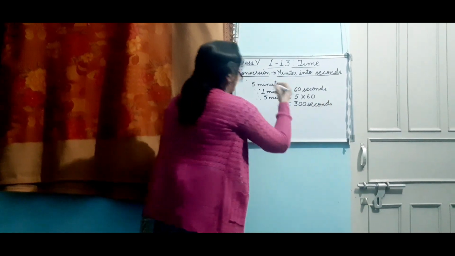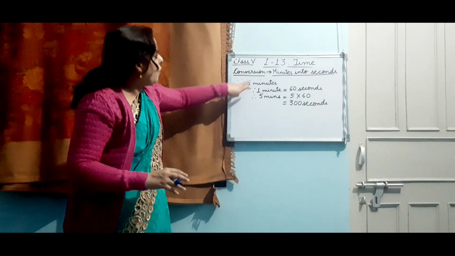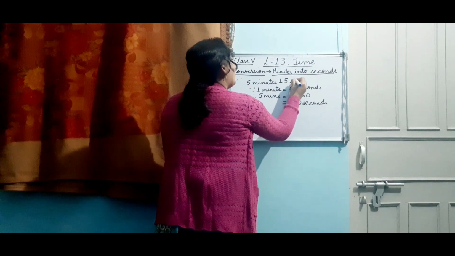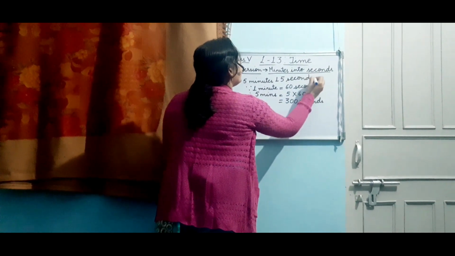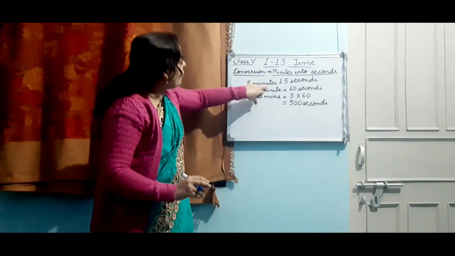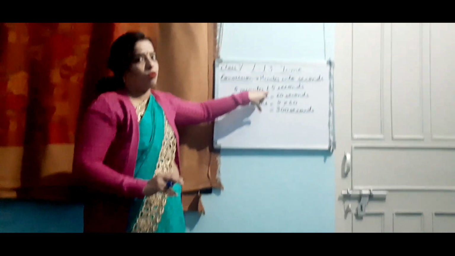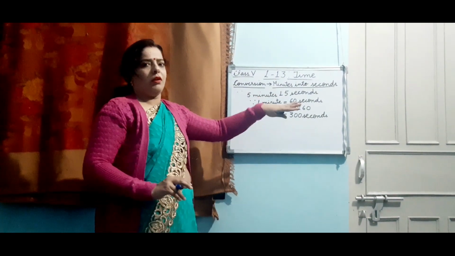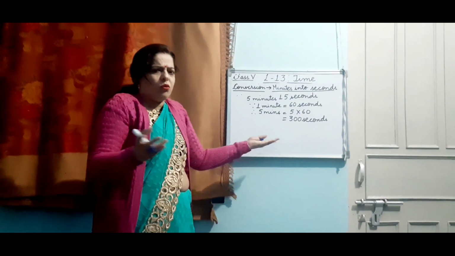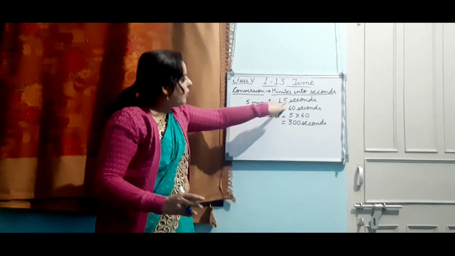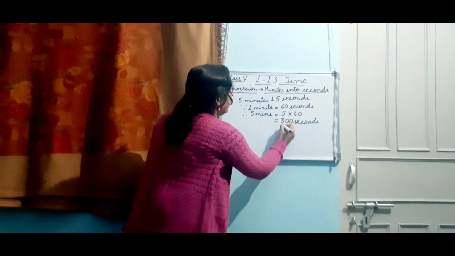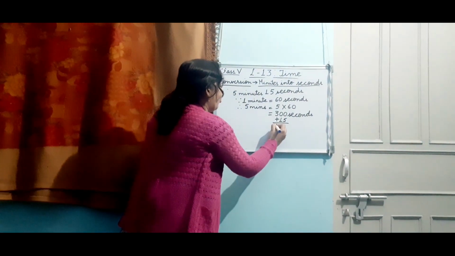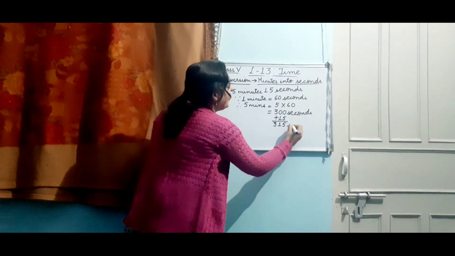Now students, if I change the question, now in question along with 5 minutes I give you suppose 15 seconds also. And now I tell you to change it into smaller unit seconds. Now here bigger unit is also there in the question, smaller unit is also there in the question. Okay, but we will change only bigger into smaller. This smaller is already in smaller, so no need to convert. What will be done to it? This will be added to our answer after multiplication. Whatever answer has come after multiplication, there we will add it. So now what is the answer? 315 seconds.